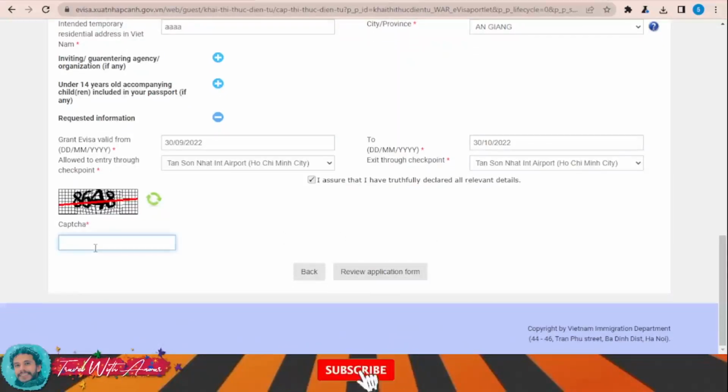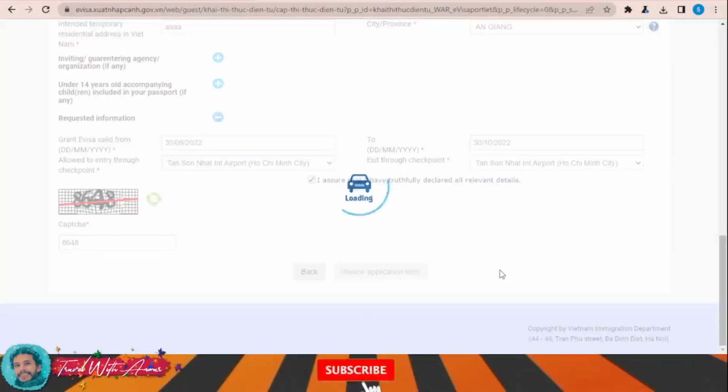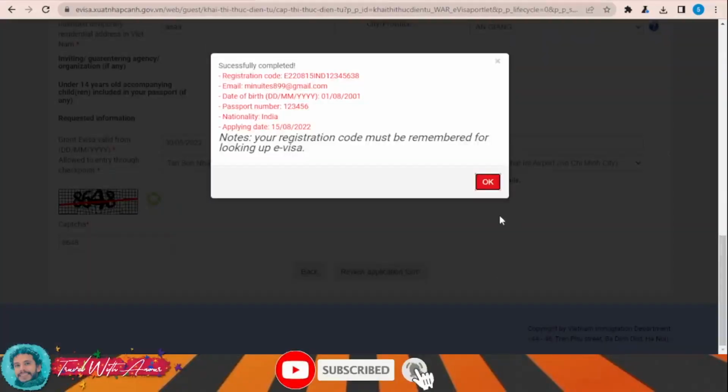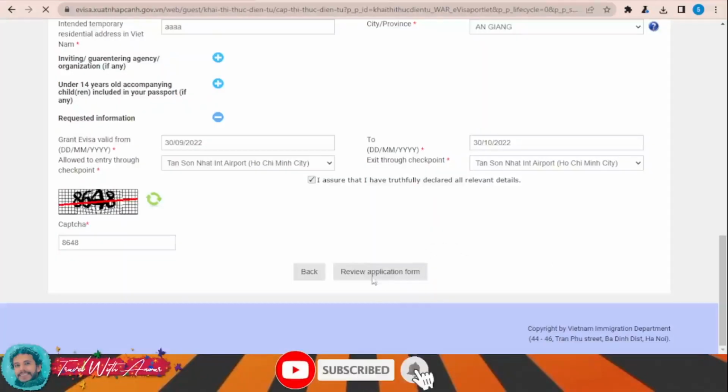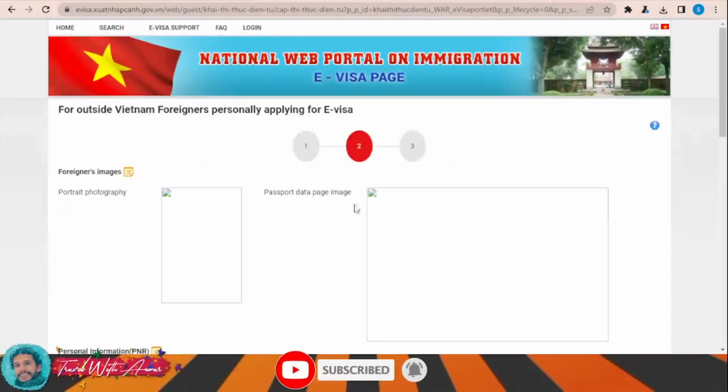Now write the CAPTCHA. And now review the application form. Okay, now you are successfully completed. This is the registration code, the email, date of birth, passport number, nationality. Your registration code must be remembered for looking up electronic visa. Of course, you also will be receiving an email with this code. Click OK, and now